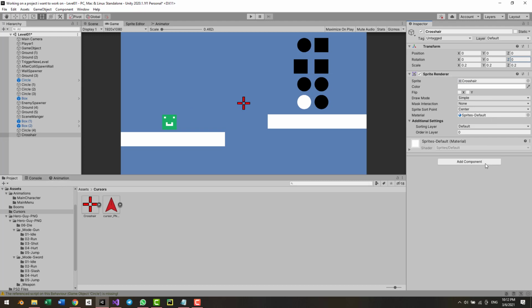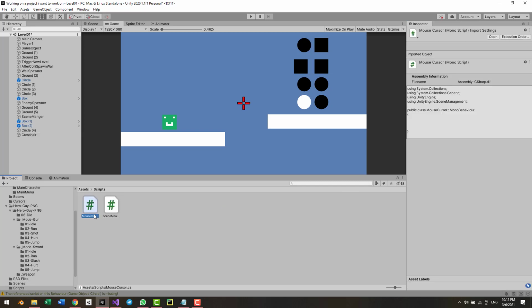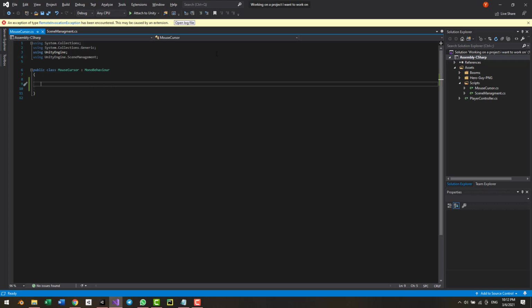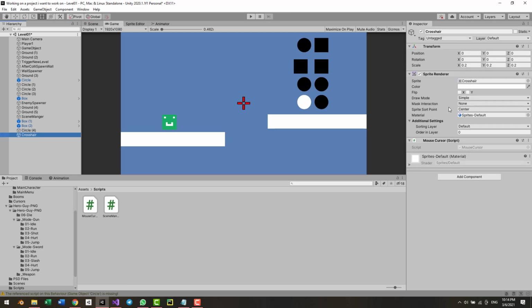Now I'm going to add a mouse cursor script that I made. It's right here in scripts, the mouse cursor script, and it has nothing inside of it except the public class MouseCursor. I've even deleted the update method and the start method just to make things a bit more tidy. So after adding the sprite and making it 0.2 and adding this empty mouse cursor script,